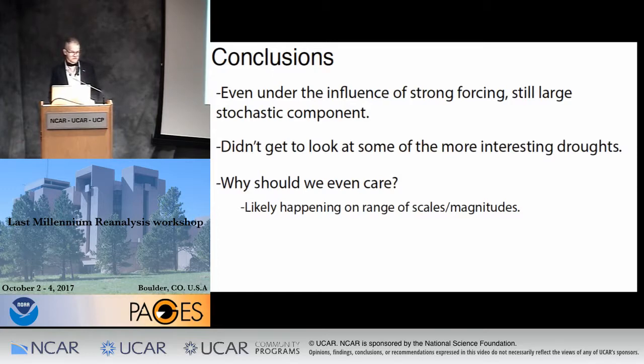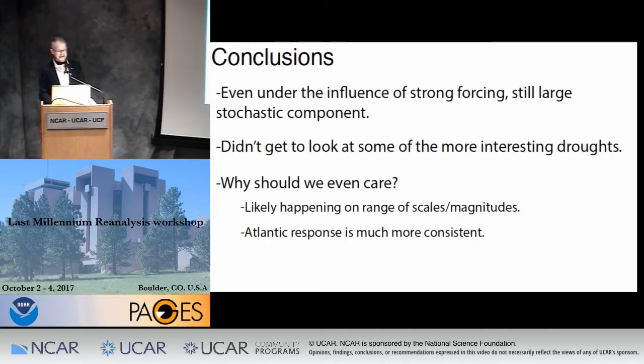and are probably important. The other point is that the Atlantic response within this model is much more consistent than the Pacific. I think that makes a little bit more sense, intuitively, but the Atlantic role for drought in this model is very weak. And that's a common thing within models. They tend not to represent the tropical Atlantic part of decadal or multi-decadal variability in the Atlantic. By virtue of that, they struggle to represent the teleconnections that they should. So in the real world, perhaps there's a stronger role for the Atlantic,